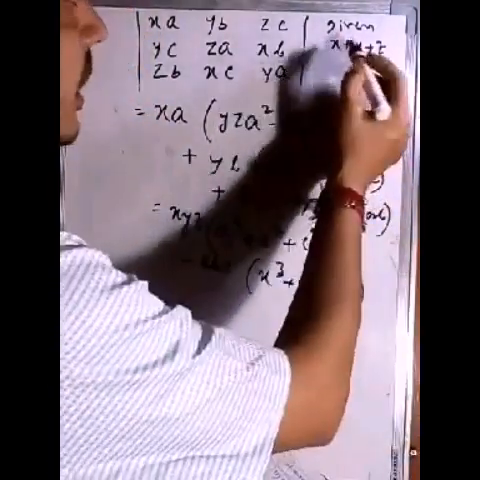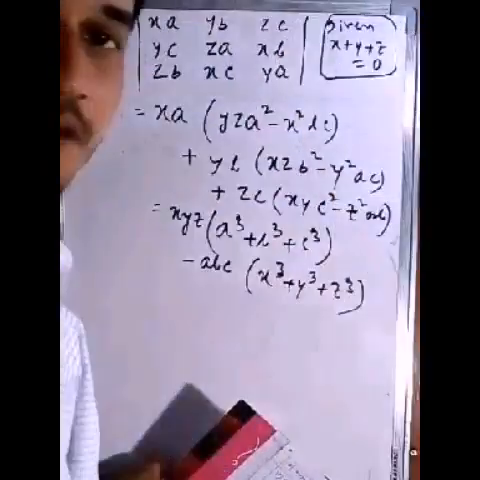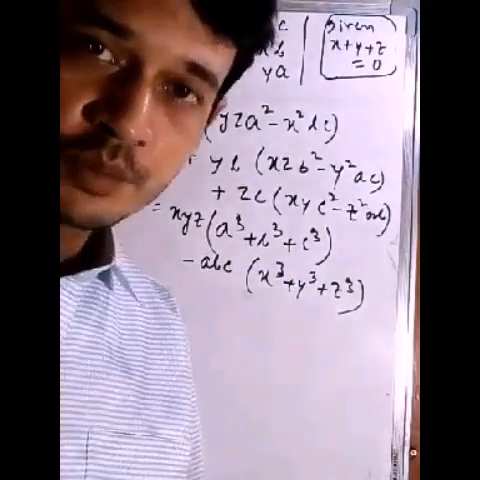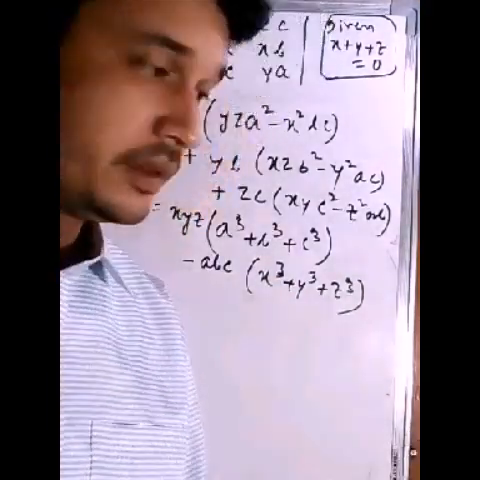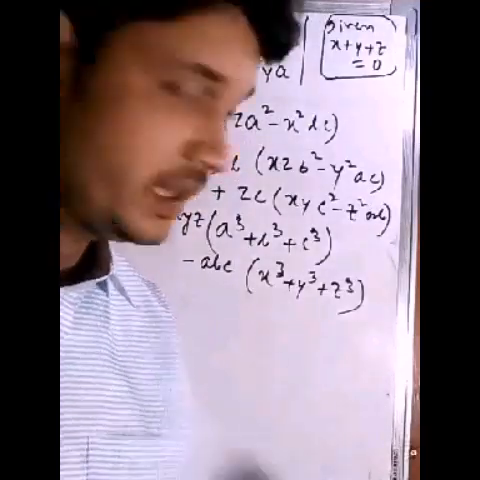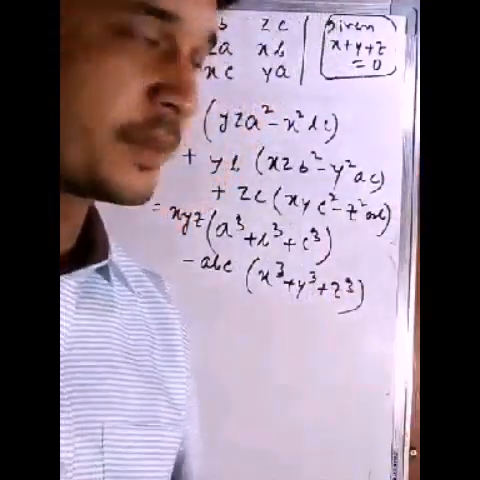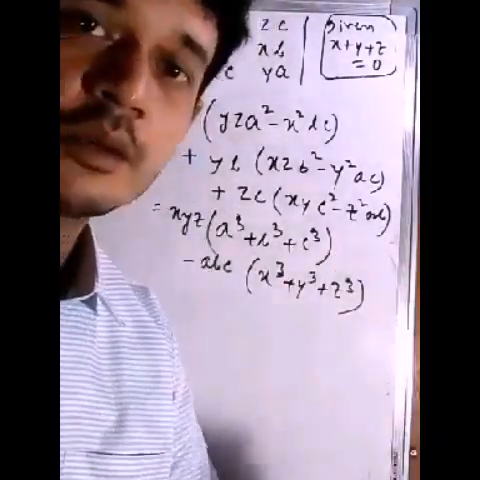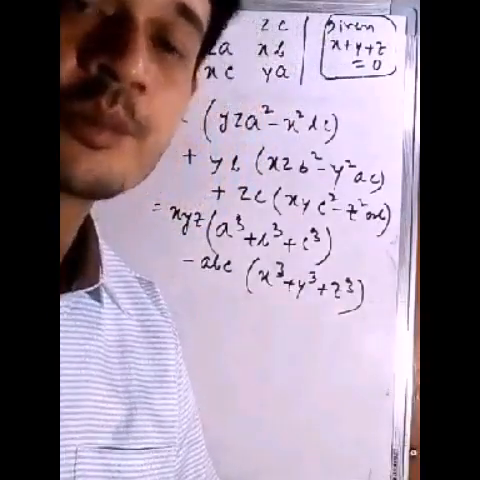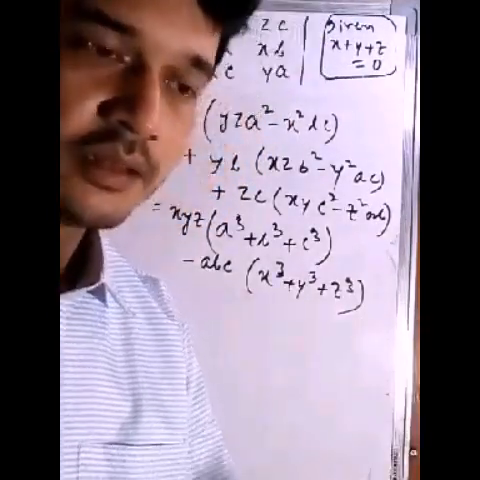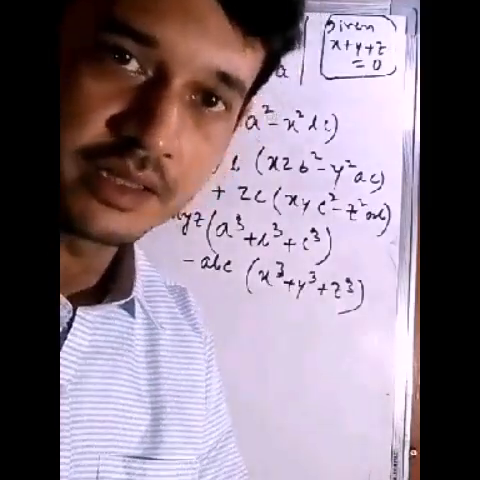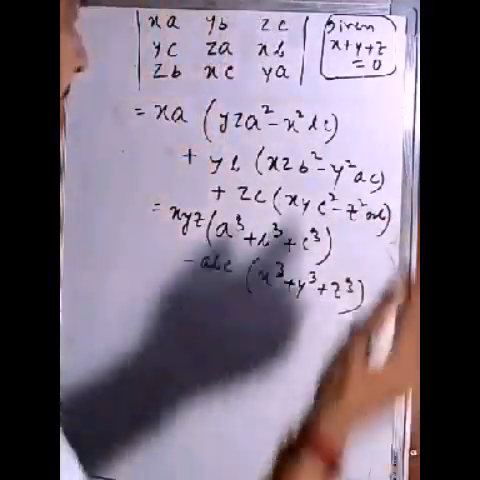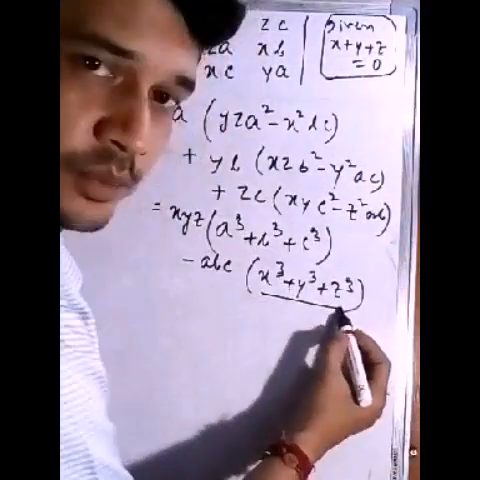We know that X plus Y plus Z equals to 0, this is given to us. We know that factorization formula, X cube plus Y cube plus Z cube minus 3XYZ equals 0 if X plus Y plus Z equals to 0. We know that formula. What is the formula? Again I am telling, X cube plus Y cube plus Z cube minus 3XYZ. This equals 0 if X plus Y plus Z equals to 0. So applying that concept, we get X cube plus Y cube plus Z cube